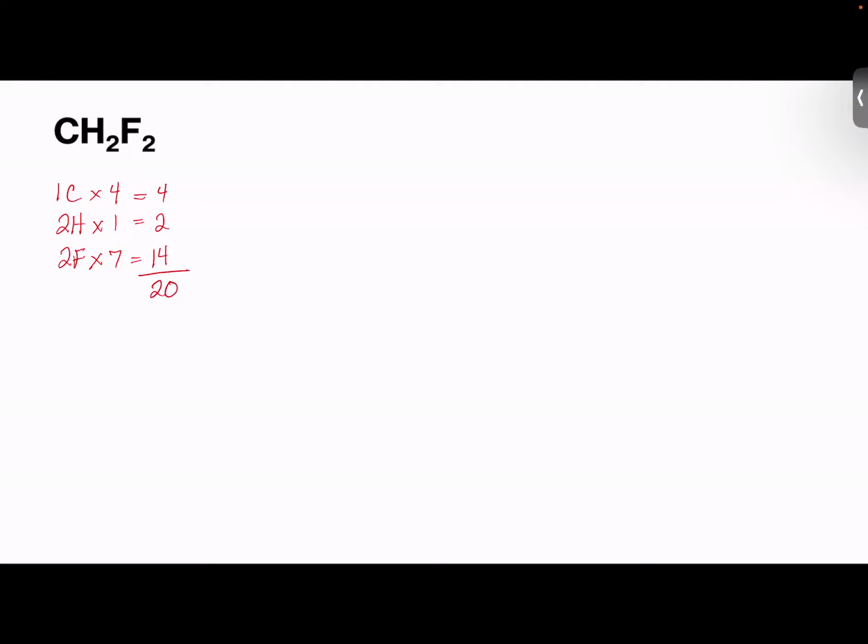The next step is to develop the skeletal structure. We know that carbon is going to be the central atom around which we're going to place all other elements. So we're going to place our carbon with our 2 fluorine atoms on either side. The next step is to draw a single bond between the terminal atom and the central atom, and we're going